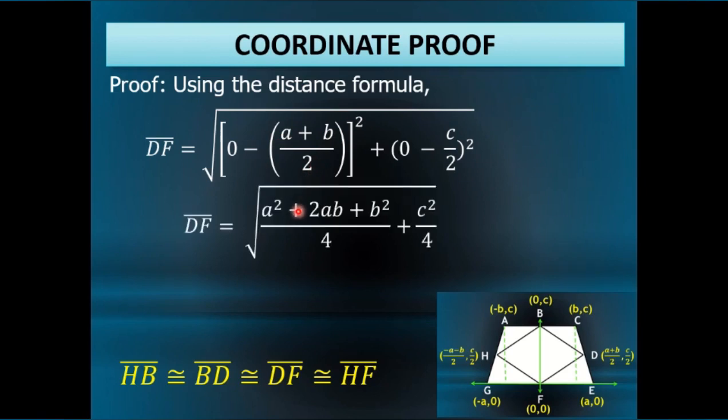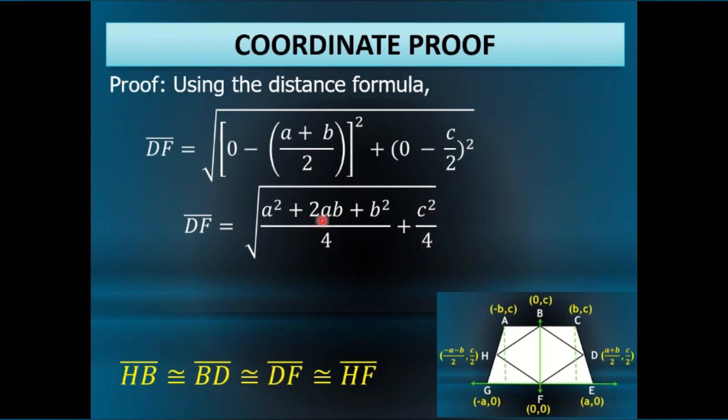So we have there the square root of (a squared plus 2ab plus b squared) over 4. And then 0 minus c over 2 will become negative c over 2. Then getting it squared, negative c times negative c is positive c squared, and then 2 squared is 4. Again, we have formed similar fractions. We combine the numerators. We'll have the square root of (a squared plus 2ab plus b squared plus c squared) over